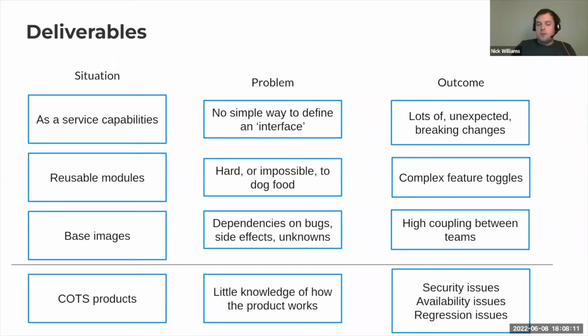The problems that we were seeing time and time again with delivering these things fell into these sorts of categories. Particularly with the reusable components and with the as a service capabilities, we found it really difficult that we had no clear way to define an interface for the infrastructure that we were using. Obviously, if you've written a Terraform module, you'd definitely be able to define the interface of how to consume that module, but there are so many side effects when you're actually deploying that infrastructure